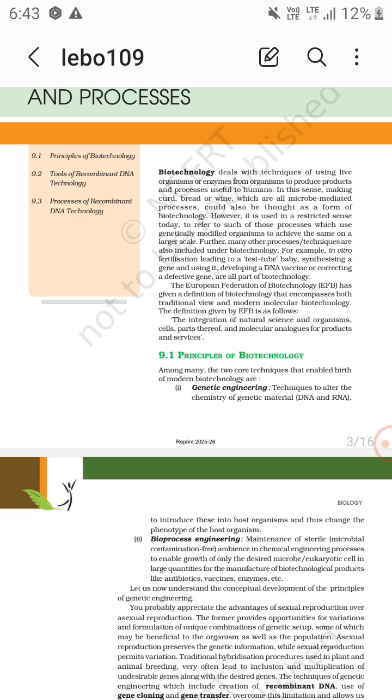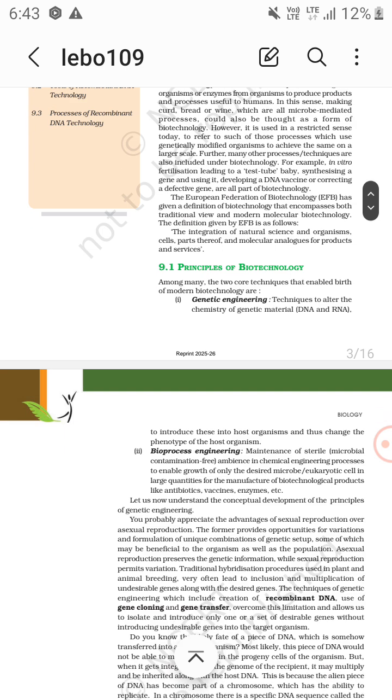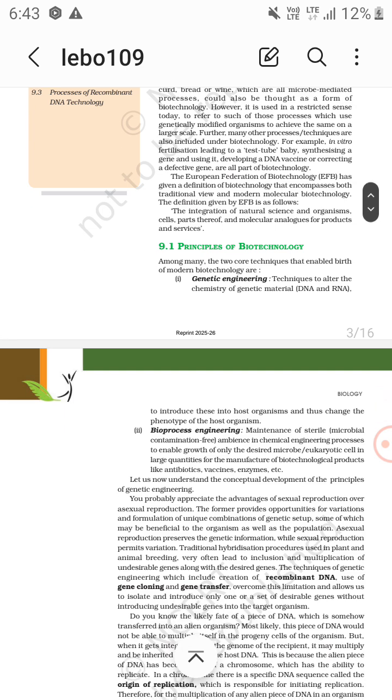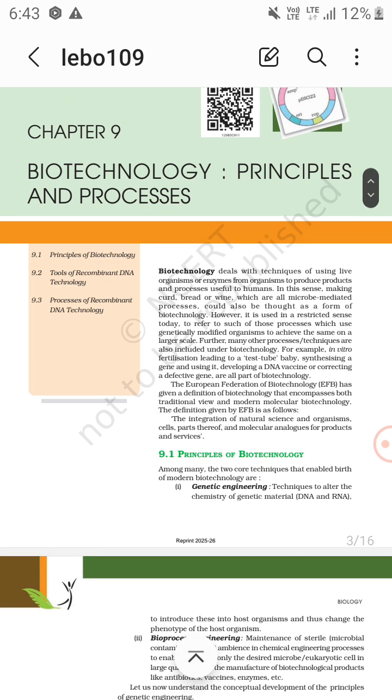Biotechnology contains genetic engineering and bioprocessing. What is genetic engineering? It is a technique to alter the chemistry of genetic material, both DNA and RNA, to introduce this into host organisms and thus change the phenotype of the host organism. Now bioprocess engineering is the maintenance of a sterile, microbial contamination-free ambience in chemical engineering processes to enable growth of only the desired microbe or eukaryotic cell in large quantities for the manufacture of biotechnology products like